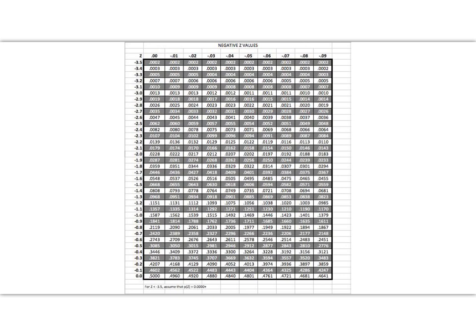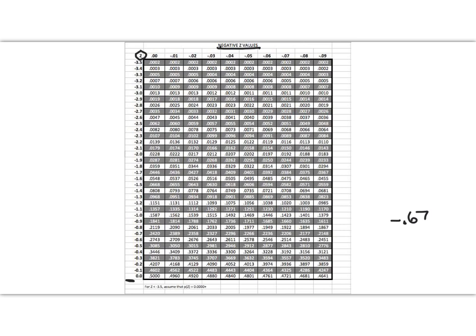You'll have a table with positive z values and a table with negative z values. This one is the one for negative z values. And you'll see here at the corner is the z, and you'll see numbers across the top and numbers down the side. We want -0.67. So if I look here, -3 is too low. And down here, 0 is too high. So I'm going to be looking for